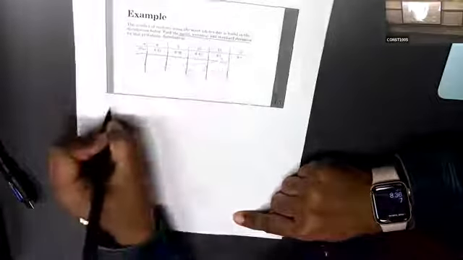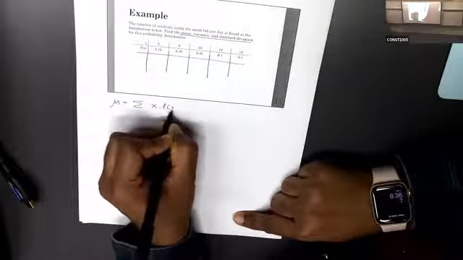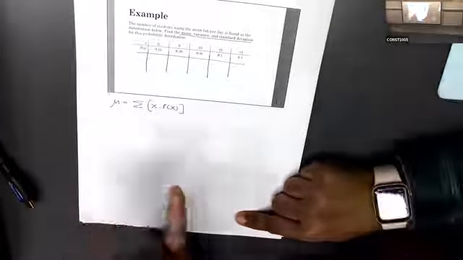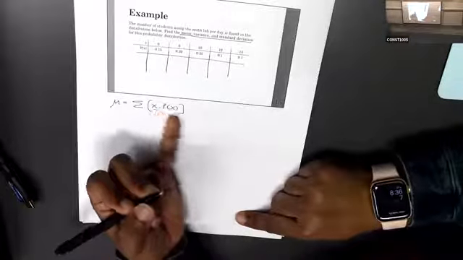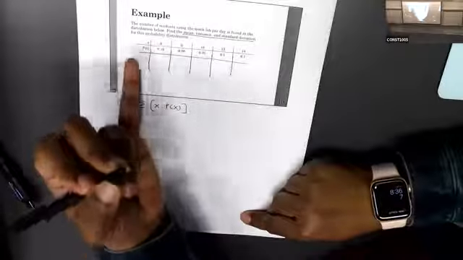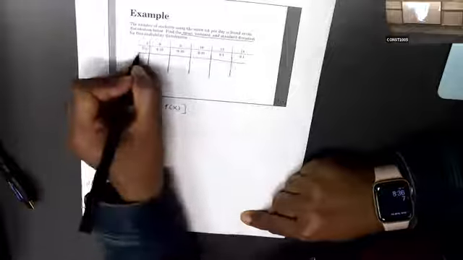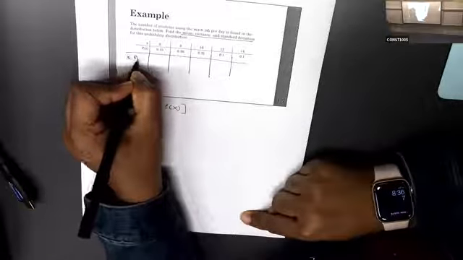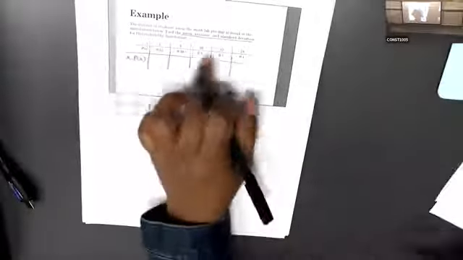So to get the first one, mean, what is that? First write the formula. Why do we have to write it first? Because from that formula, you can write down the row name. Because of this formula, I write the row name. So it's easy. X times Px. So you have to fill that row.